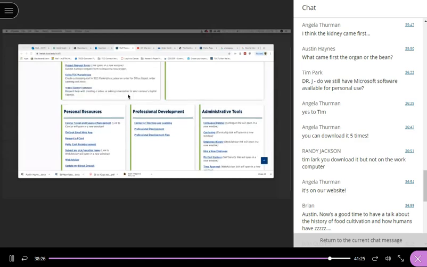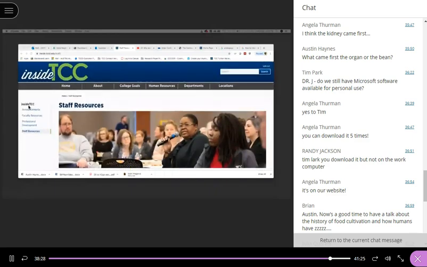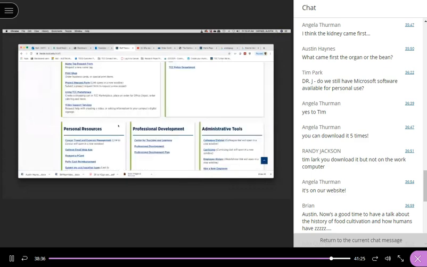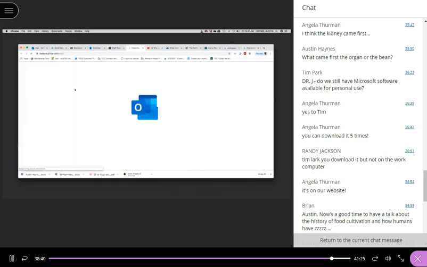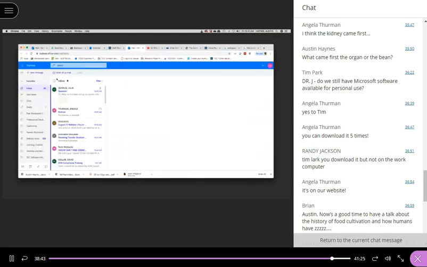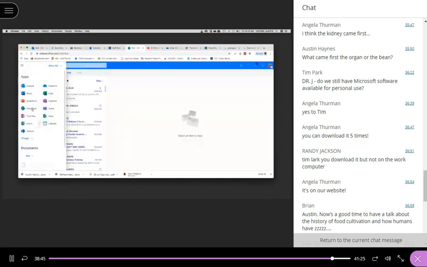Here it is. So I'm logged into Inside TCC. Over here it says Inside TCC. I just scan down to here. I click on Staff Resources. I'm already on that page, so it's just going to change that picture. But then I scan down to Personal Resources here. I do Outlook email web app. This is how I check my email all the time. Right here, I can go inside of any of the functions: Calendar, OneNote, OneDrive. Use OneDrive for all of your downloading and uploading needs.